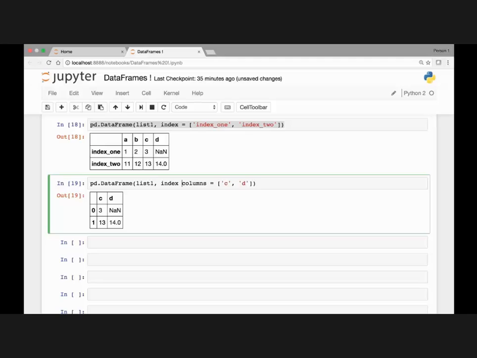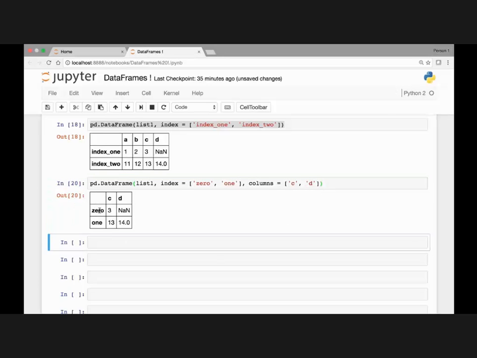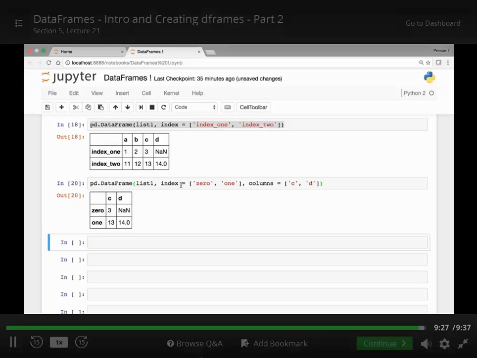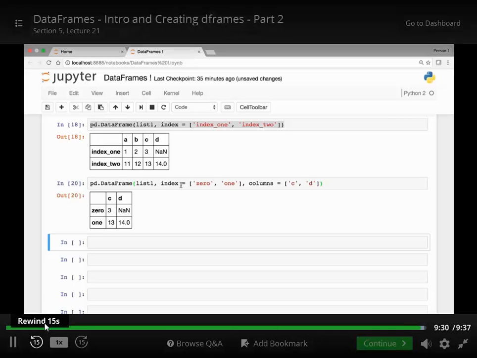I can also pass the index argument, and I can rename the index to whatever I want instead of 0 and 1. Let's say 0 and then 1. Those will be my index, and then columns C and D. We have 0 and 1 and our columns C and D. Great. And in the next lecture, we'll see how we can create data frames from